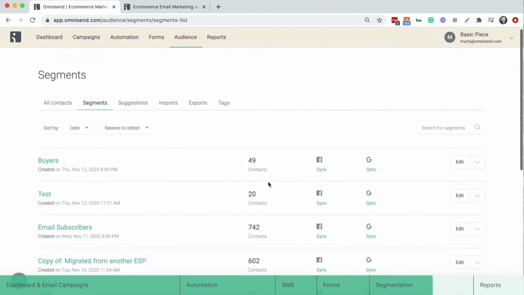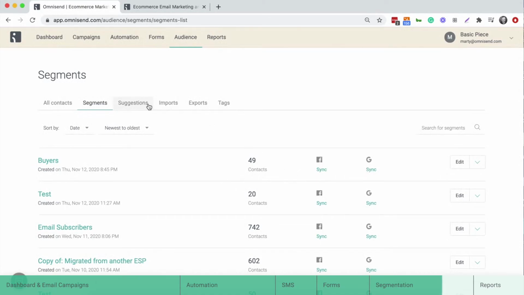One thing to note is these are all dynamically updated in real time. So once you create a segment, these will automatically update and refresh in the background. You never have to re-update these. Here's where you can also sync this over to Facebook and Google Ads, where you can sync any of your segments over to Facebook ads and retarget them there, or create a lookalike audience to retarget your customers on those